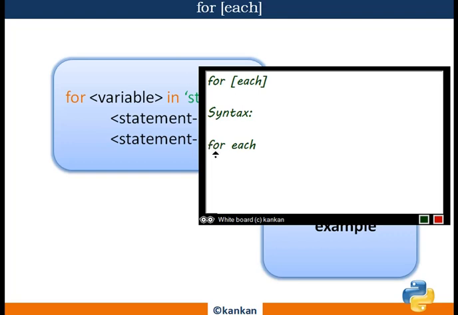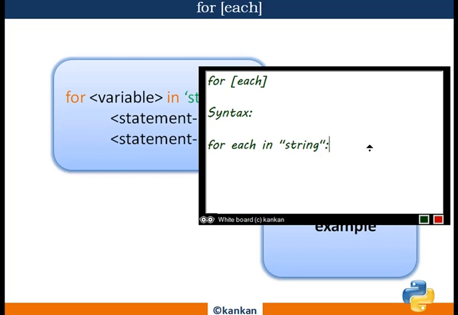Here for is the keyword, each is the variable. I am writing this variable name for better understanding, nothing else, and that will be in the string. I am writing the string that way.